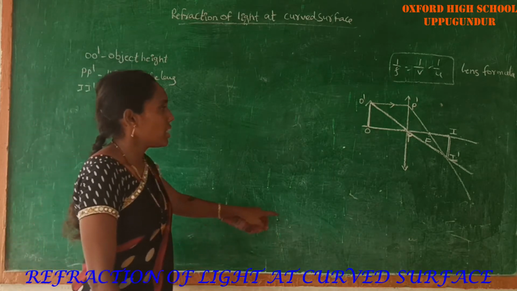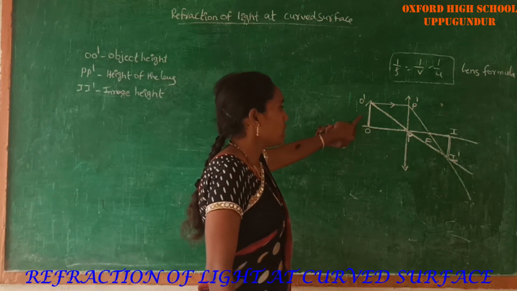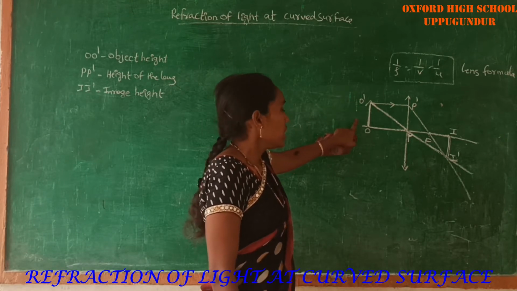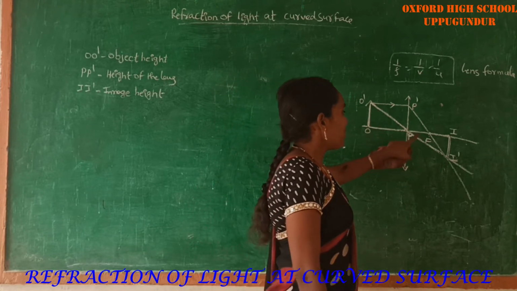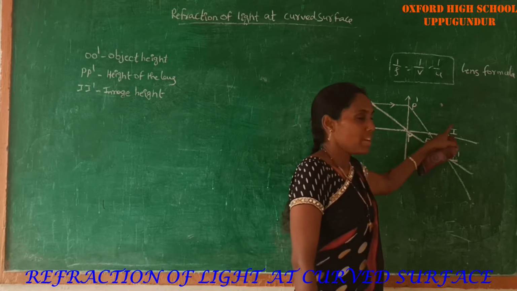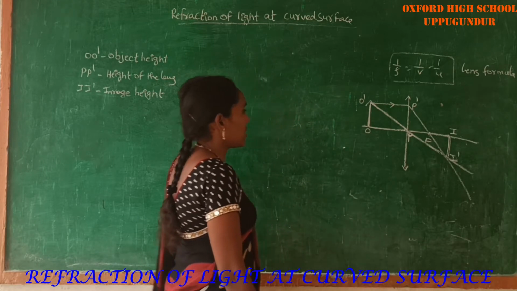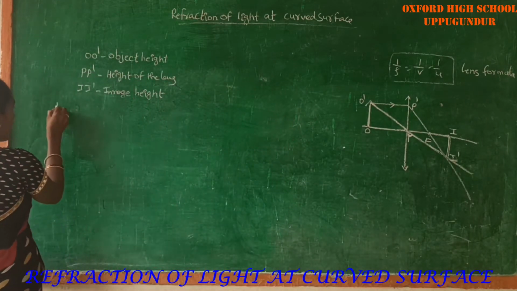Here, consider a point object of height O dash placed on the principal axis. Then it will form the image there, after the focus. The image height is I dash. Now from these diagrams, from the diagram